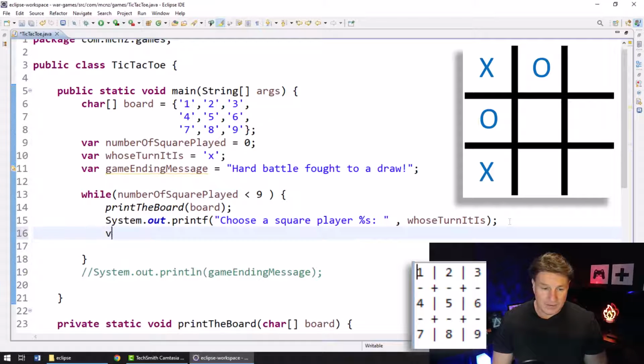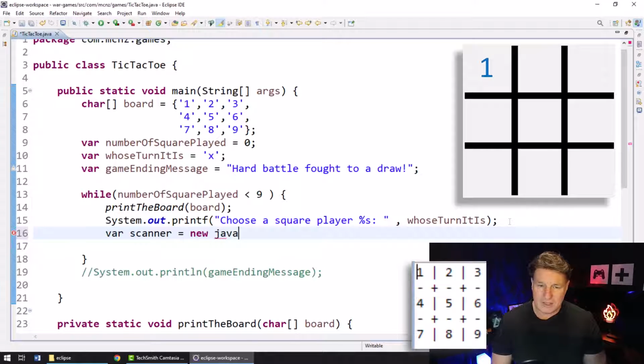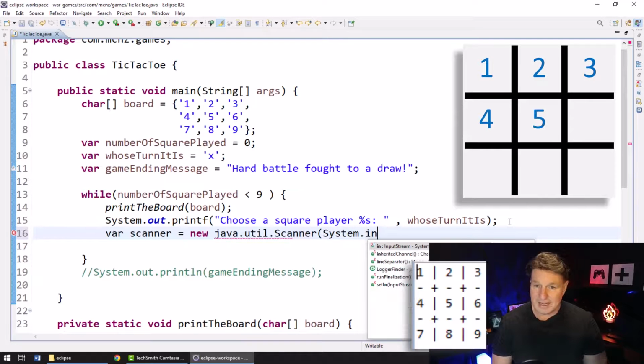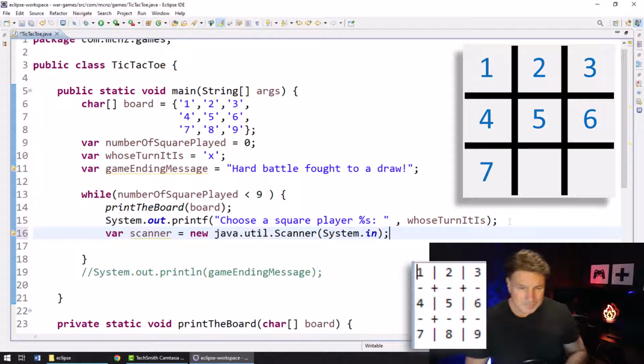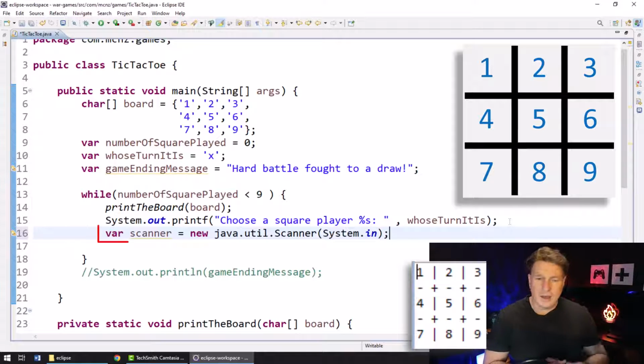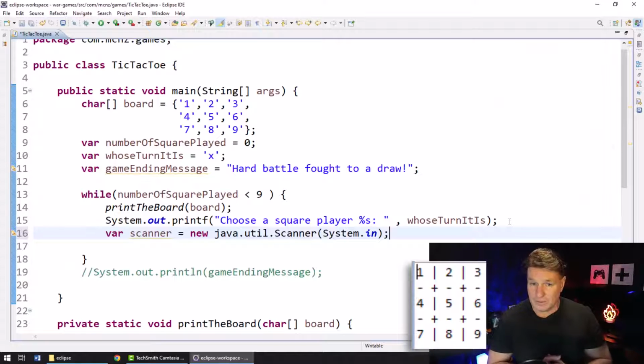Now we're asking them for input, and we're going to use a scanner object to grab input from the user. So var scanner equals new java.util.Scanner, and System.in is how we grab that. Now, a couple of things here. I'm using var for scanner. That again, I just like inferred variable declaration inside of our methods. It's way easier to use. Also, if I didn't use var there, I'd have to say the whole variable type, which would have been java.util.Scanner,